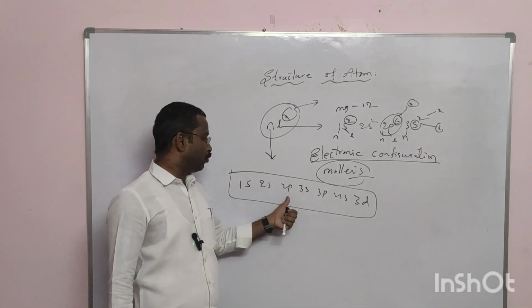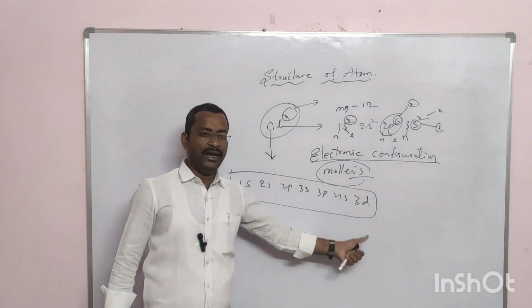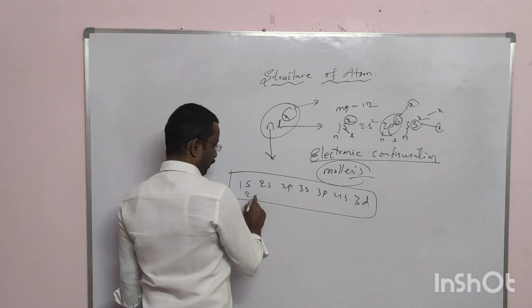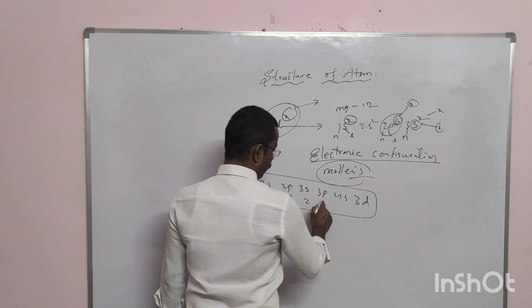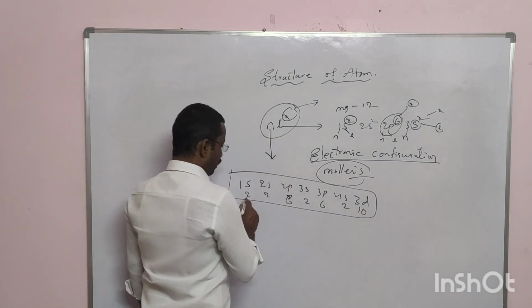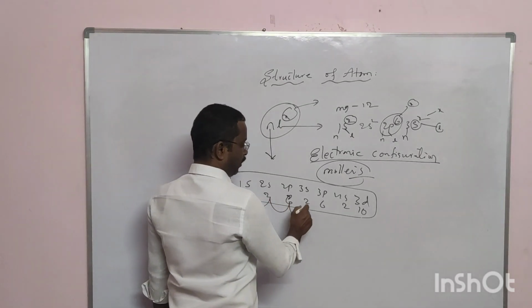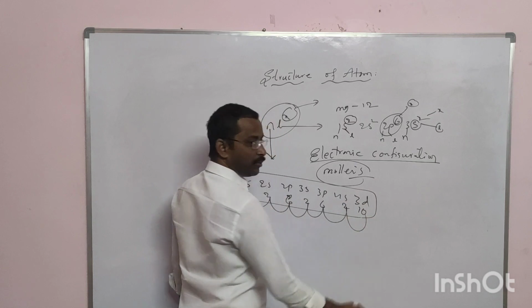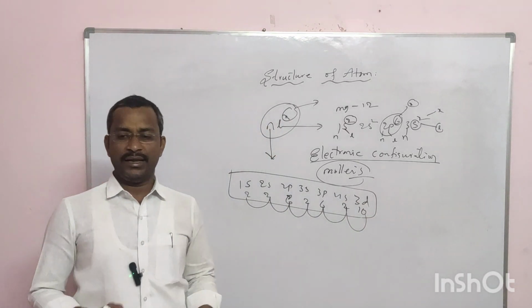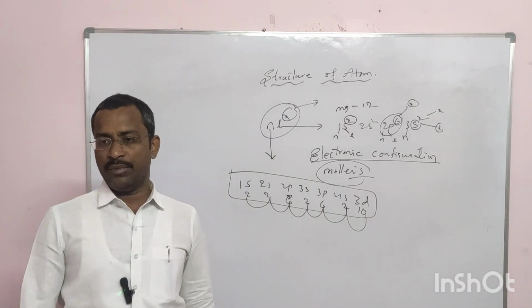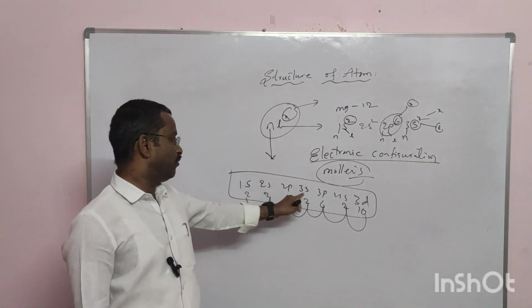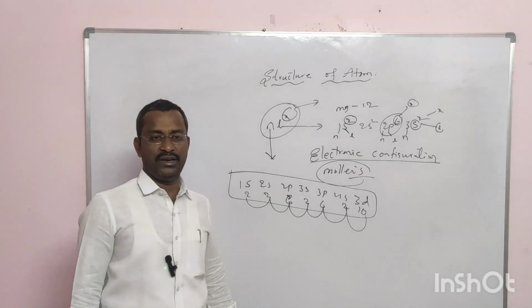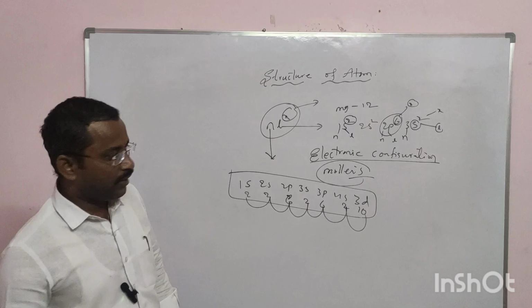Look: 1s2, 2s2, 2p6, 3s2, 3p6, 4s2, 3d10. 3d10 means here 2, here 2, here 6, here 2, here 6, here 2, here 10. 2 plus 2 is 4, 4 plus 6 is 10, 10 plus 2 is 12, 12 plus 6 is 18, 18 plus 2 is 20, 20 plus 10 is 30. Total 30 electrons can be written. That means 30 elements can be written if you remember this order: 1s, 2s, 2p, 3s, 3p, 4s, 3d. Right? And then after